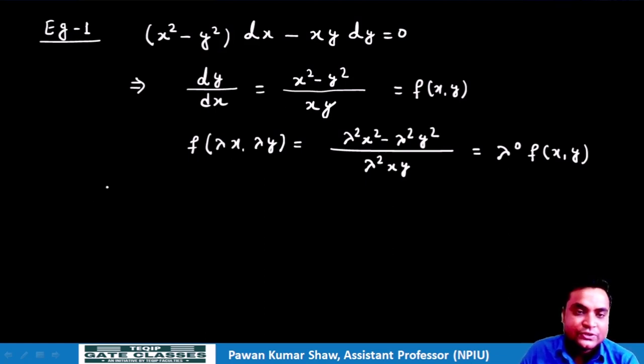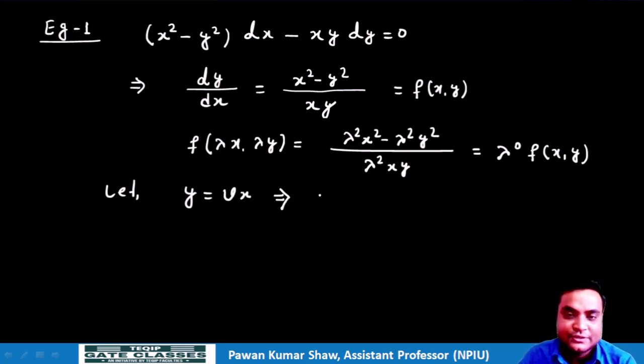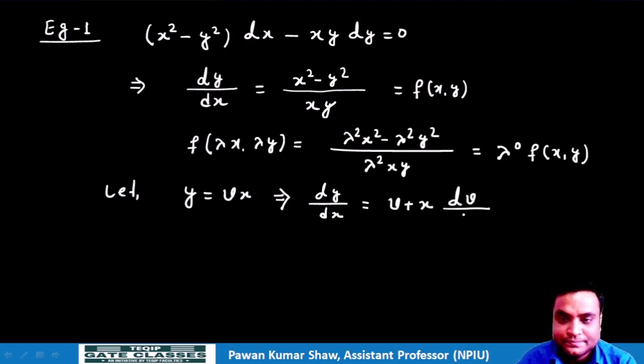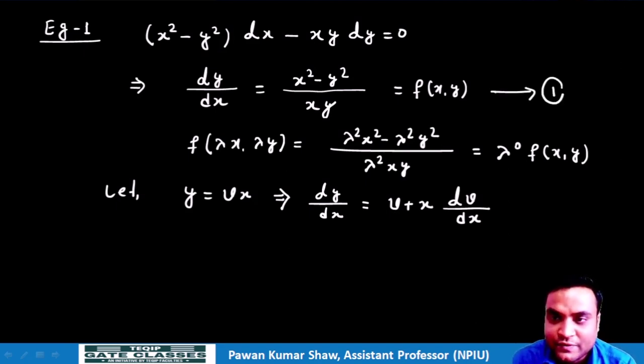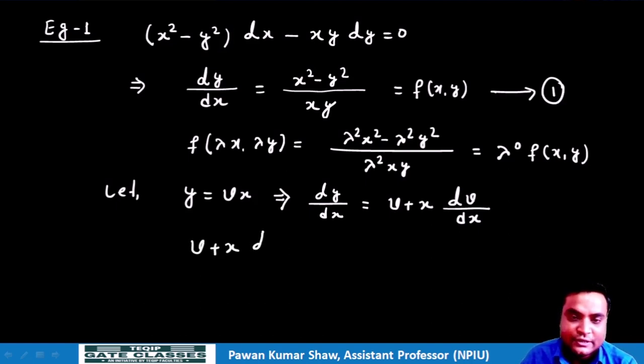Okay, so how can we solve? We will take y equal to vx, and we can convert the problem in terms of x and v. So the value of dy by dx is equal to v plus x dv by dx. Now we can replace this dy by dx in our equation, suppose this is equation number 1. So we can write v plus x dv by dx